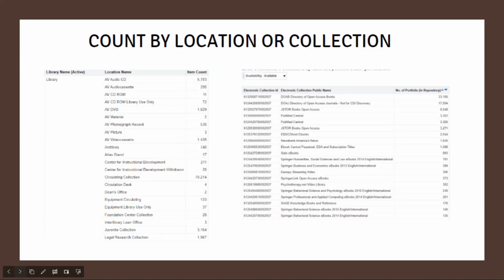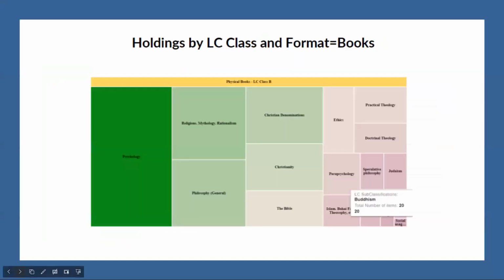And another type of report you might want to run is a count by LC class to see in which LC classes you have the most holdings. Sometimes the data in reports is better viewed as a chart rather than a table. So that gives you a different way to imagine the data. Here we have a tree map view of our physical book holdings by LC class. Some of the visualizations that you can pull up in Alma